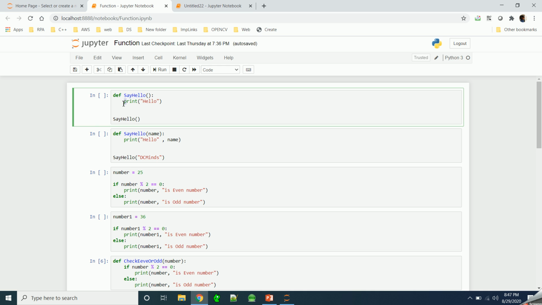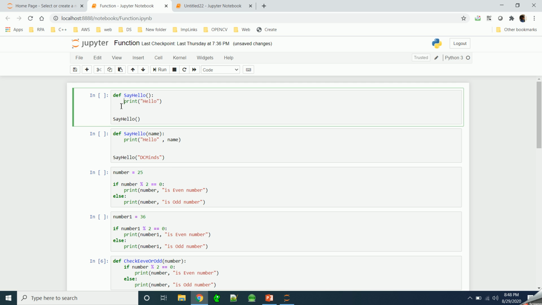While defining a function, if you want to perform any operation inside it, the code has to be indented properly. This indicates that this line of code is inside this function. If you don't indent like this, it is like two different things, so you must indent properly.